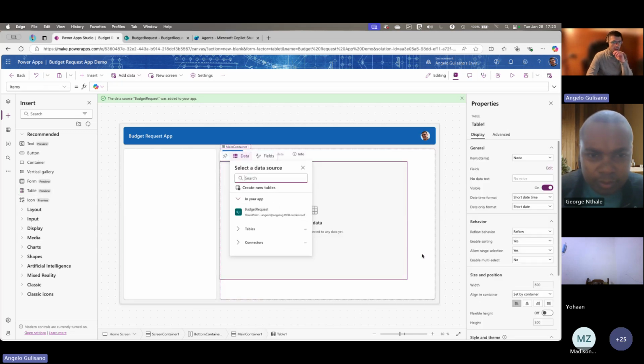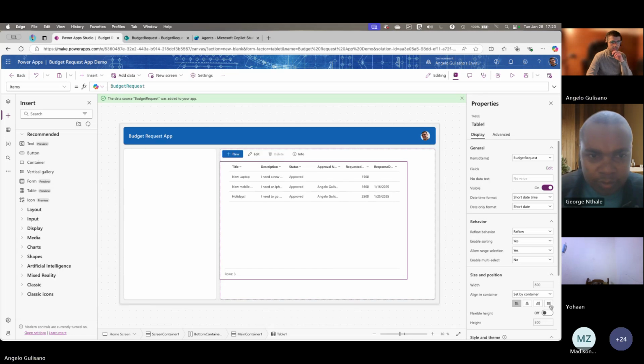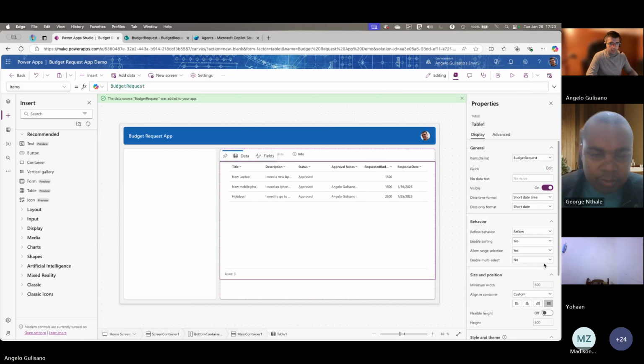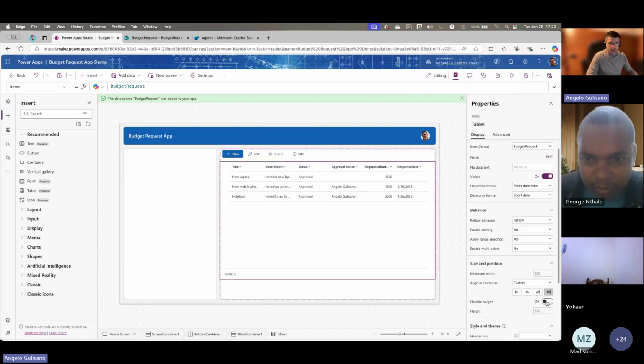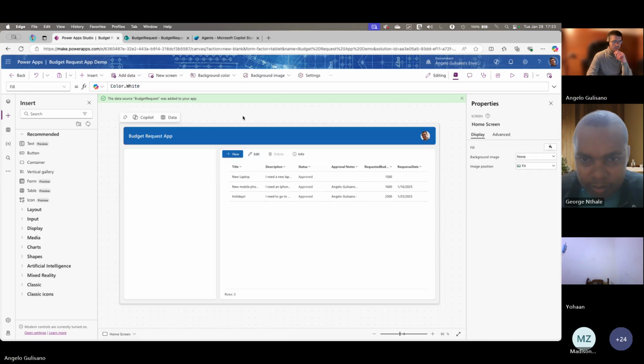So we can connect our table to SharePoint list. Okay. And we can apply flexible height to use full height of our application. 1 second, I have an issue with my mouse.